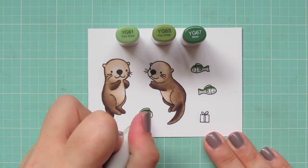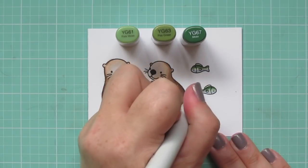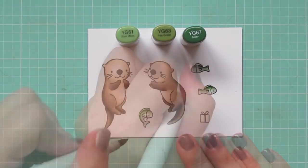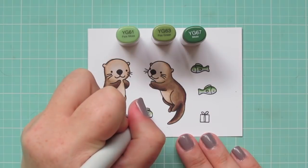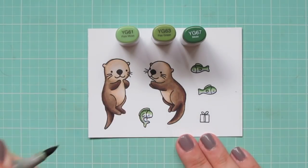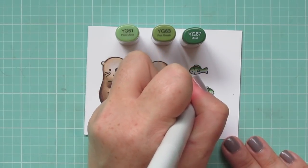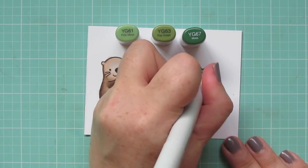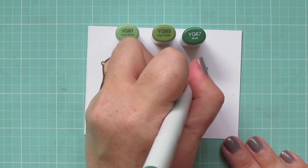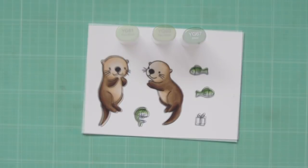I'll blend out the edge of the YG67 with the YG63. And then I'm going to come back in with my YG67 and use the very, very tip of my marker to add just a few little dark dots across the top half of the fish, really close to the fins. Again, this is from the picture that I googled. They had some little dots, so I thought I would go ahead and add those to make it look a